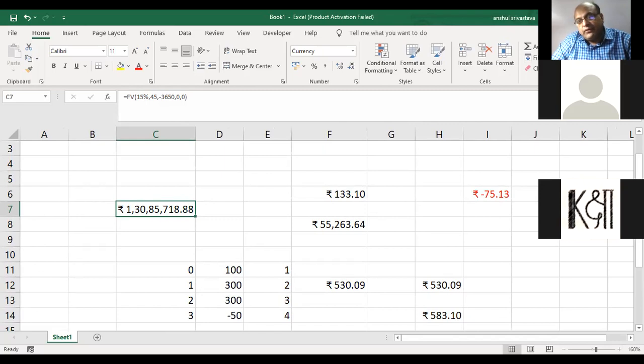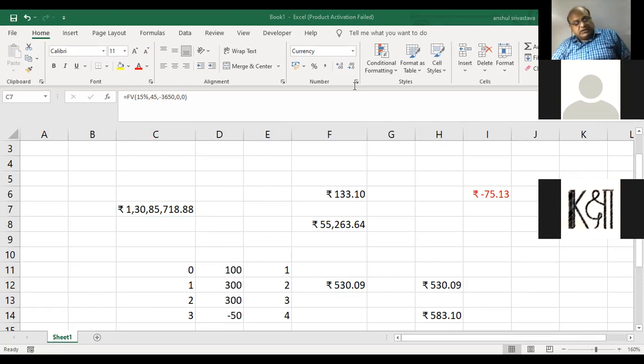But that warrants another question. That's okay that you are going to have 1 crore 30 lakhs. But what will be the value of this 1 crore 30 lakhs in terms of today's purchasing power? So for that, what will we have to do? We'll have to calculate the present value, no? In today's purchasing power, at the rate of inflation.